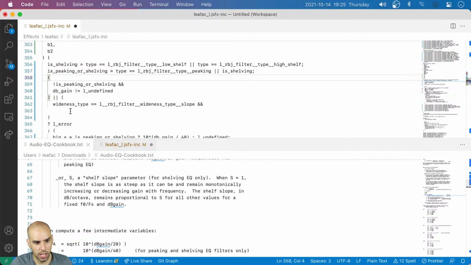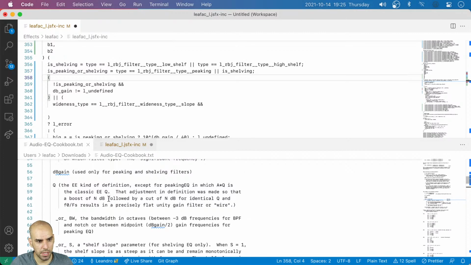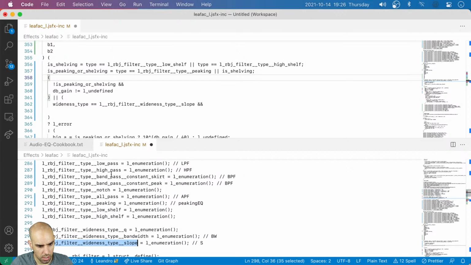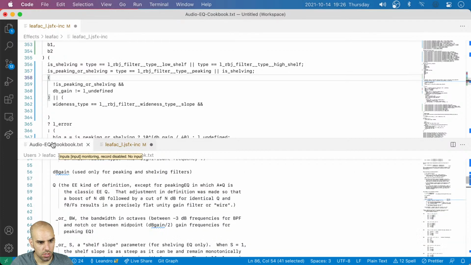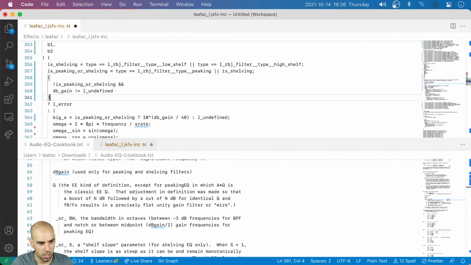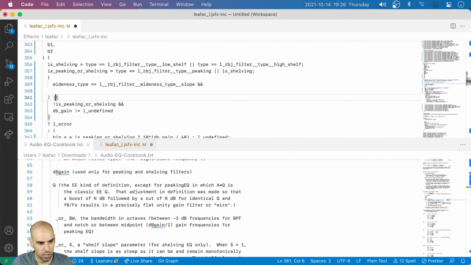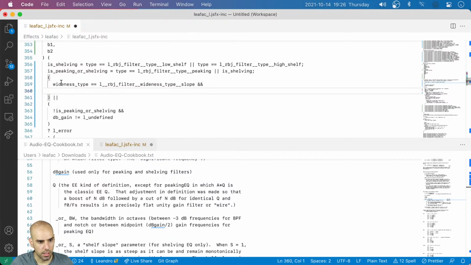So one error condition is if I'm using the dB gain, but I think the dB gain comes later, right? Yes, the whiteness comes first. So let's check the whiteness situation first. Yeah, so let's check the whiteness situation. So if my whiteness type